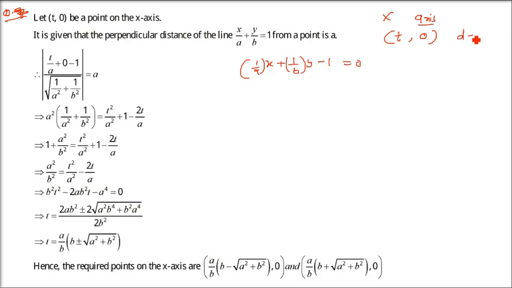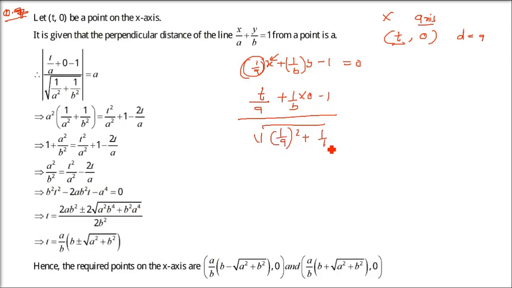Distance, how to find out? So distance is a. So as I said, putting x as t, y as 0, so t/a plus 1/b times 0, and this 0 it will be, so it will be 0. So (t/a minus 1) over under root (1/a square plus 1/b square), the coefficient of x and y. And this equals what? This equals a. So do you get? This is 0. T by